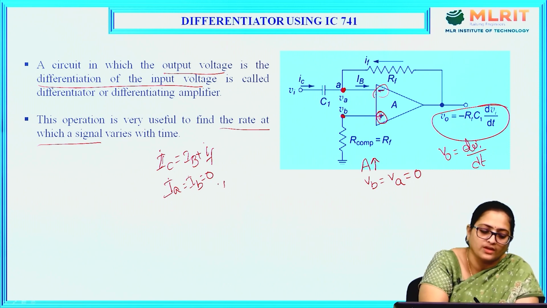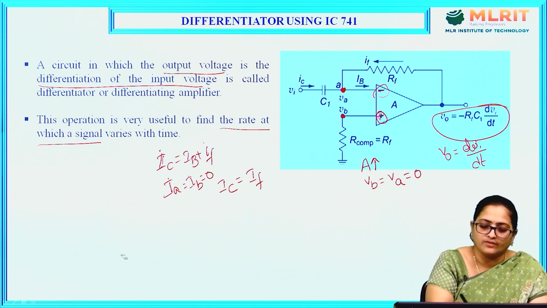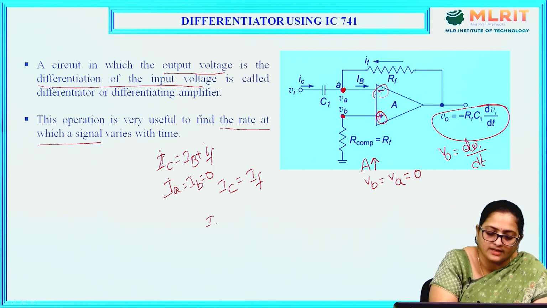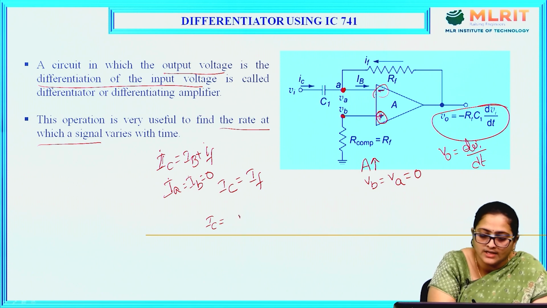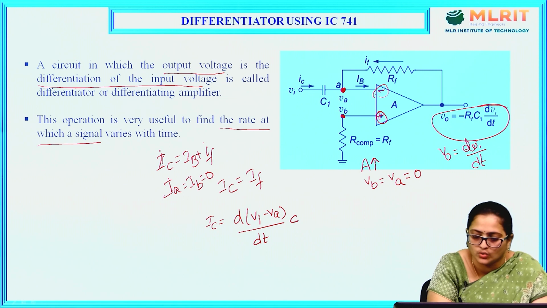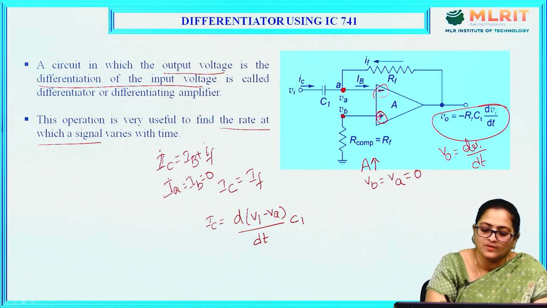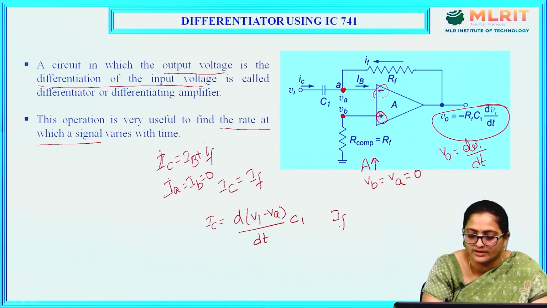So from this we can write that the current across the capacitor will be equal to the feedback current IF. We can write IC, the current across the capacitor, as C1 into d(Vi minus Va) by dt, and the current across the resistor IF is given as IF is equal to Va minus